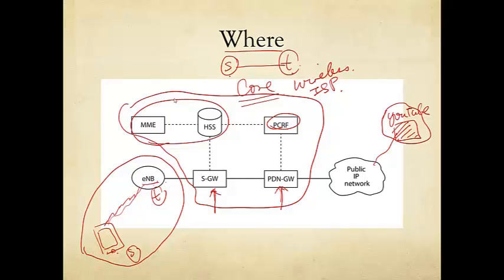Okay, so dotted line represents some kind of software interaction, and the straight line represents an actual wire physically connecting boxes. In fact, there are a couple of more boxes. So that's the second part of the end-to-end, the core network. In LTE 4G, it's called Evolvable Packet Core, EPC.